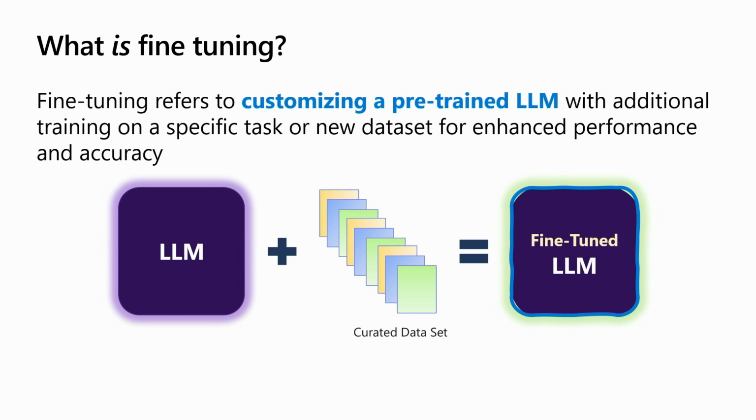Let's take the example of a postgrad. Let's say you did undergrad in medicine and you're ready to become a doctor, but now you want to do postgrad and become a brain surgeon. So you fine-tune yourself on top of what you've already learned to do a specific task, which is brain surgery. Fine-tuning is very similar to that. You take a great LLM, train it on your data, and make it a great LLM for your task. That's what we're trying to do with fine-tuning.